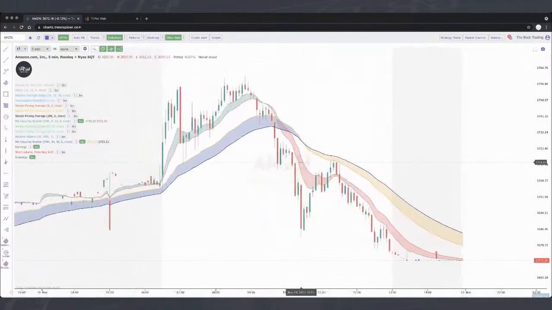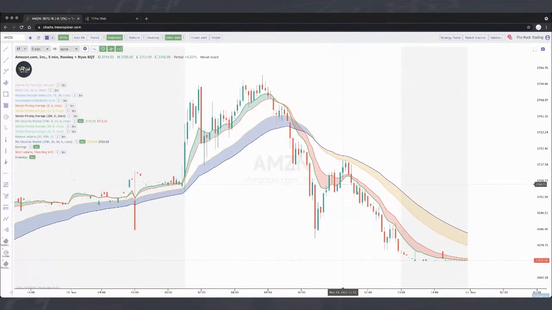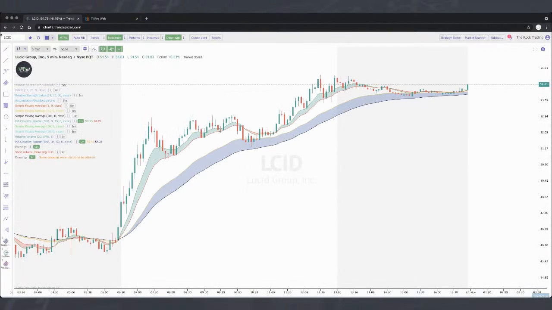So let's go over to the 5-minute chart. Okay, and you can see pretty much the same thing here, very bearish movement towards the end of the day on Amazon. So let's now apply this to Lucid. And remember on Friday, we did a Lucid call